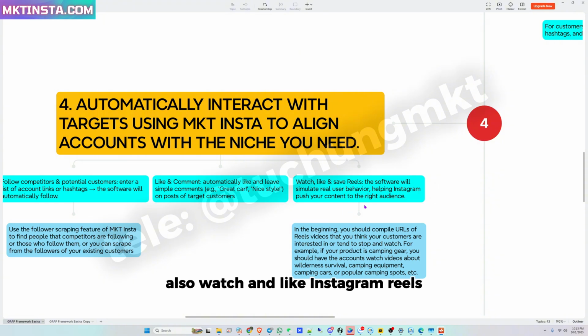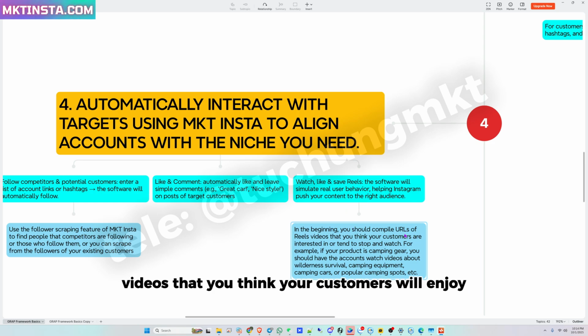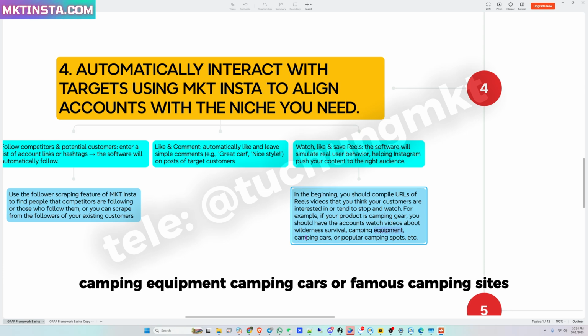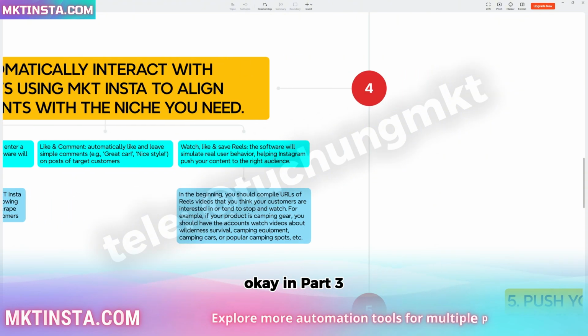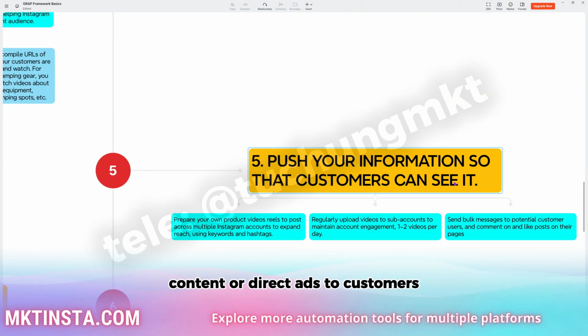Also, watch and like Instagram Reels. At the beginning, you should compile URLs of Reels videos that you think your customers will enjoy. For example, if you sell camping gear, then have accounts watch videos about survival, camping equipment, camping cars, or famous camping sites. Okay? In Part 3, I will guide you on how to start boosting sales content or direct ads